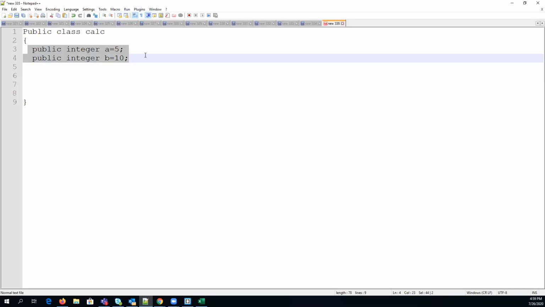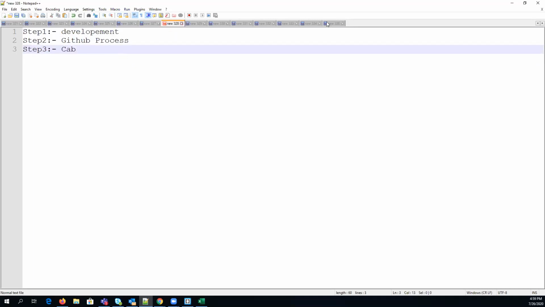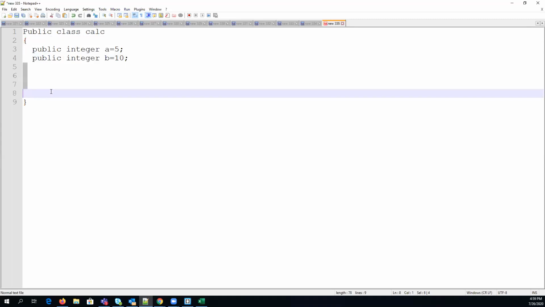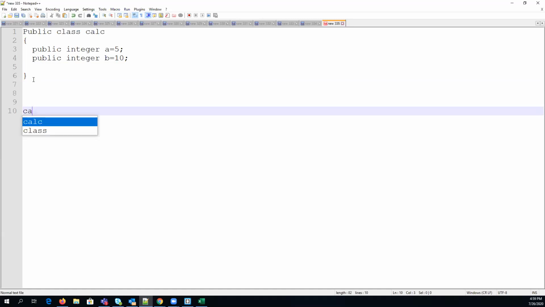So you have to create an object of this class. What is an object? Let me create an object. Object creation can be like this. If some of you are aware, this is a way to create an object. We'll discuss this in detail if you are not aware of it. Why do we actually need it?